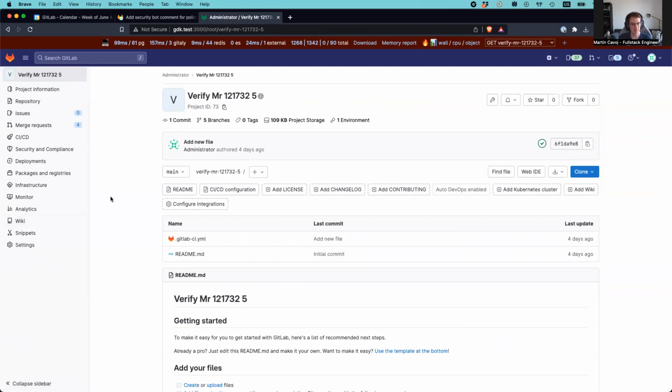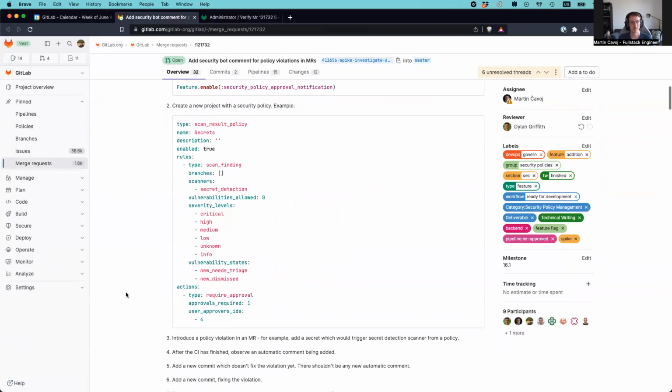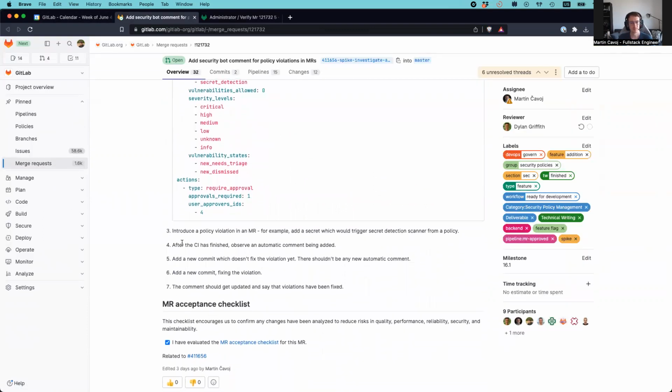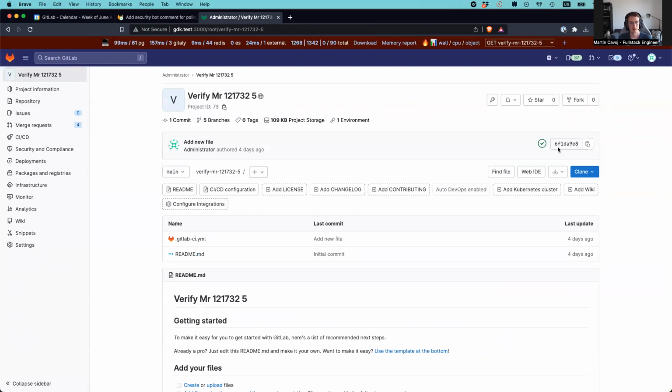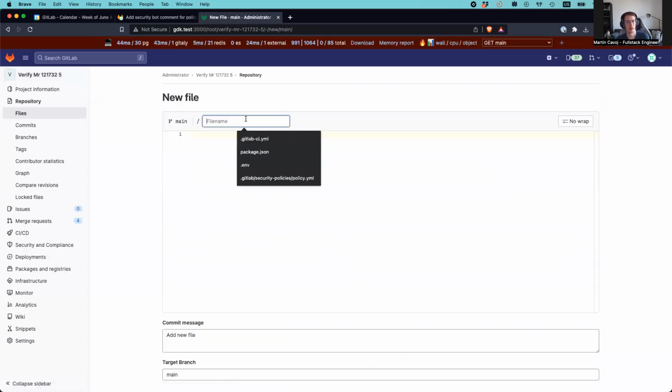All right. Okay, so we're back, and I already have a few merge requests open, but maybe we can. So next step is start a new merge request, I guess. With a file with a secret in it. So yeah, I tested it by adding a .env file, and then